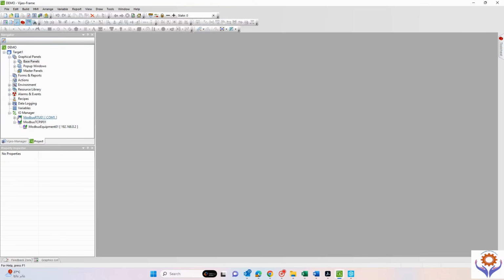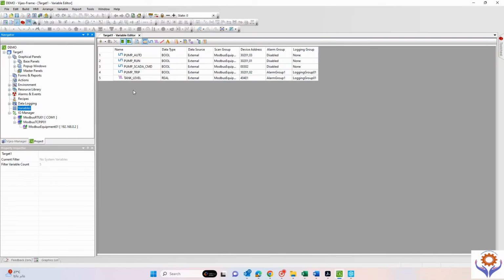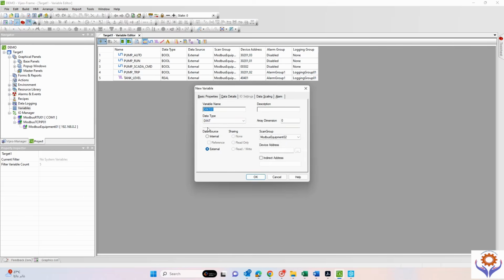Double click the variables and you see this is the one we added before. If you see the device address, it mentions 30,300, 400 like this. But in our case, I added memory word. So this one, if you see here in the basic properties of each tag, I will add now one